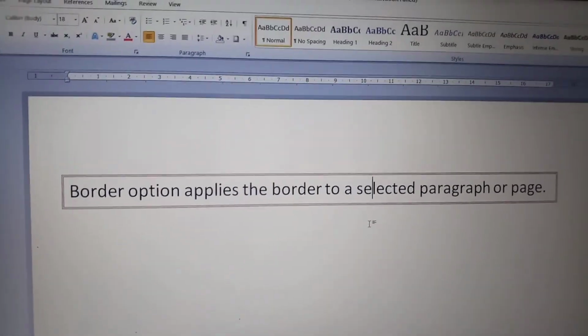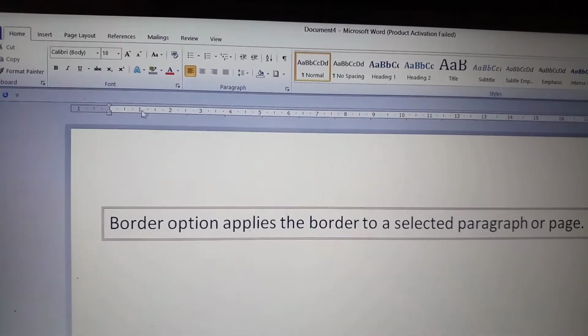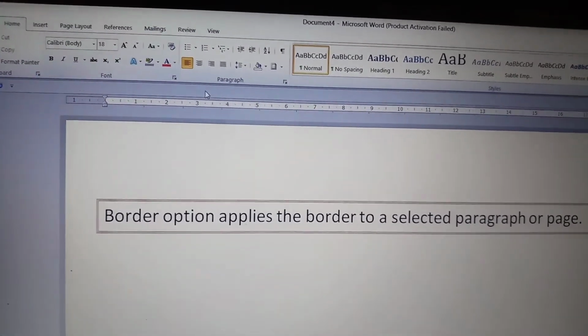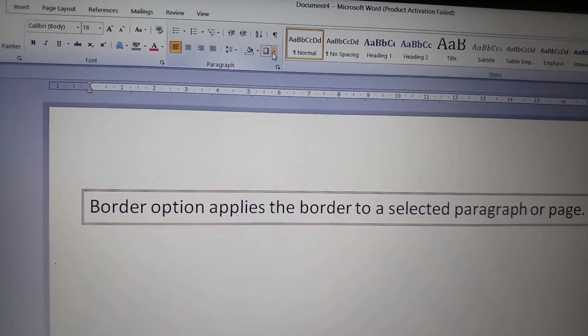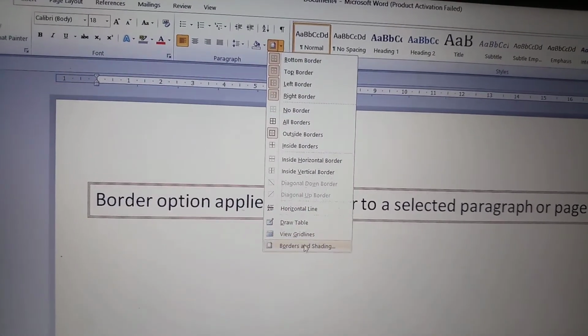Now if we want to insert the border in an entire page, we click on the Home tab, paragraph group, select the border option, then border and shading.